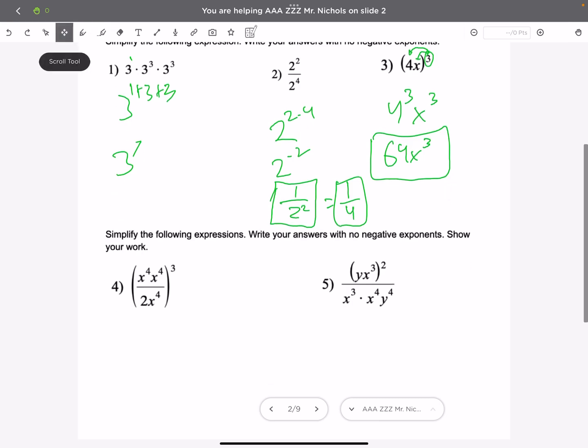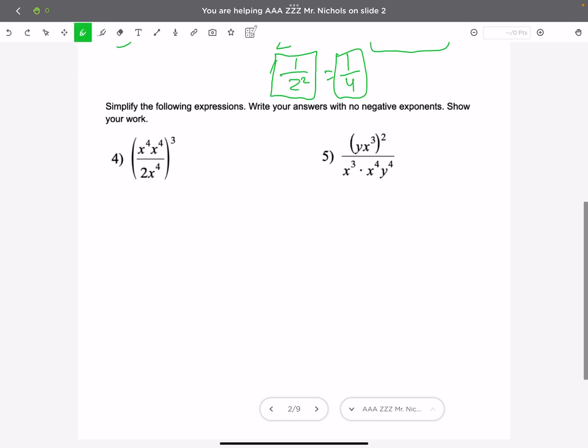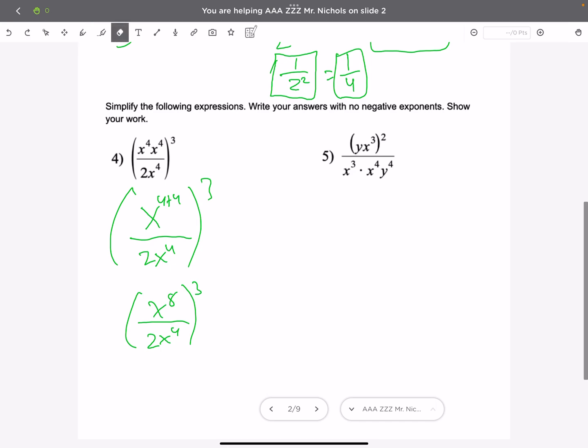All right. Now here, it's often easier to do everything inside the parentheses first. So the numerator is just x to the 4 plus 4 over 2x to the 4, and this is all to the third power. So this is x to the 8 over 2x to the 4, all to the third power. Now that's just going to be x to the 8 minus 4 to the third power, which is just going to be x to the fourth